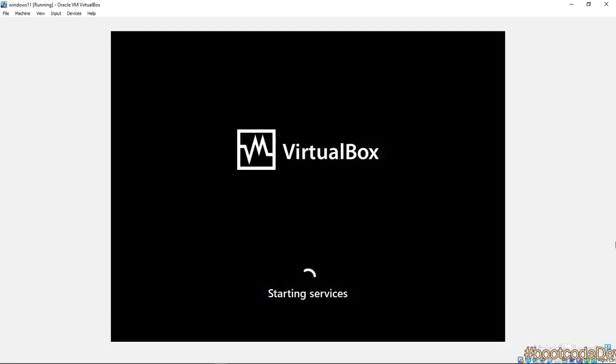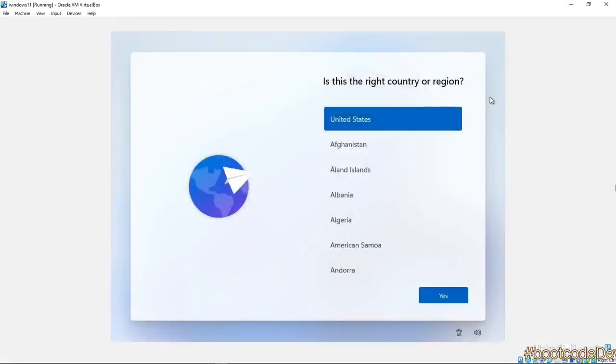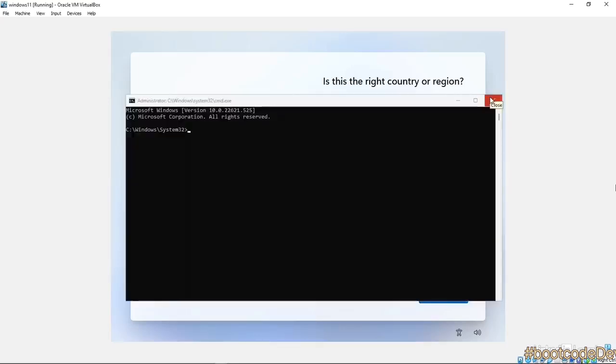At this point we have two options. Microsoft wants us to use a Microsoft account, and we'll be asked to use that to log in. However, we can bypass this and just use a local account. At the initial setup screen, we can press Shift F10 to get a command prompt. We then enter